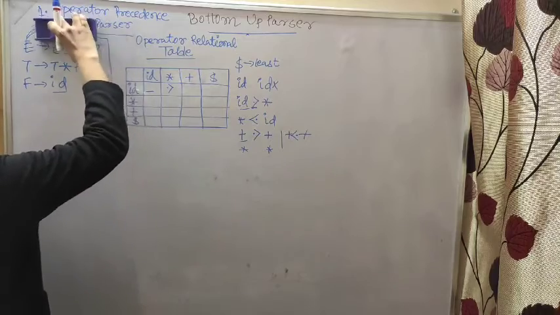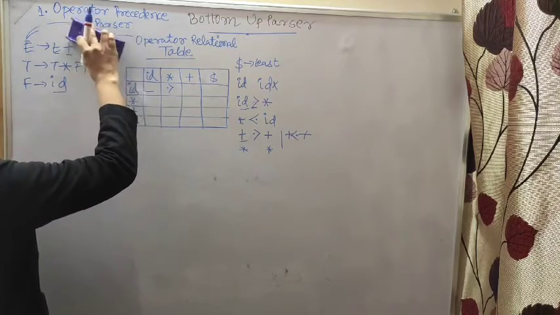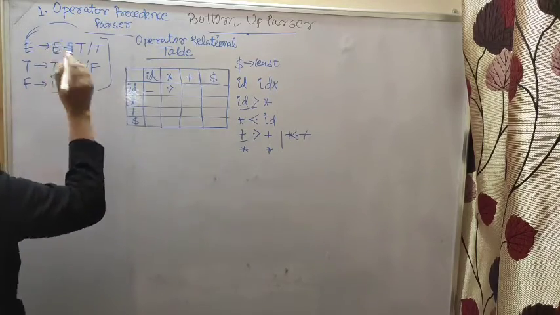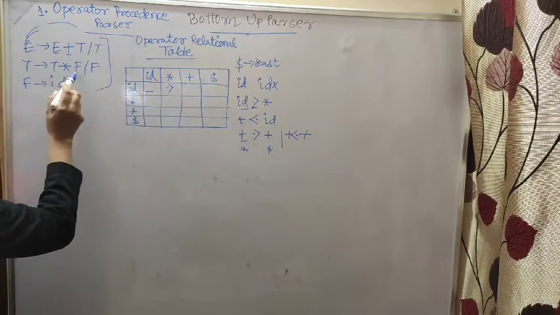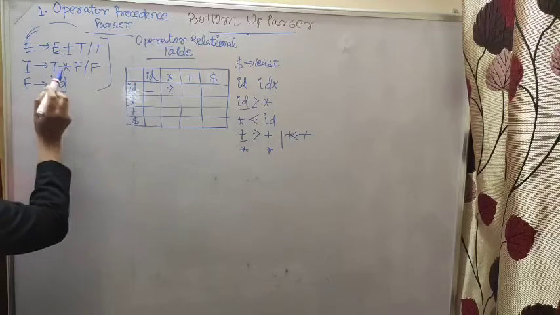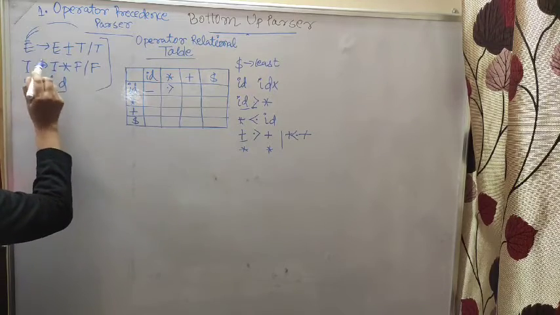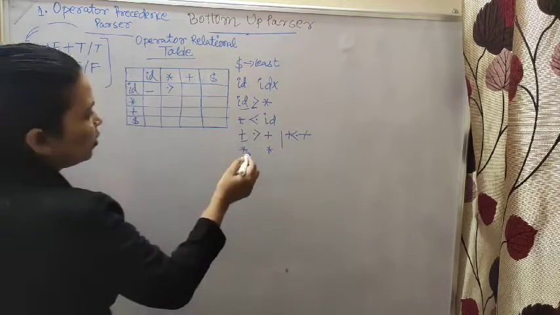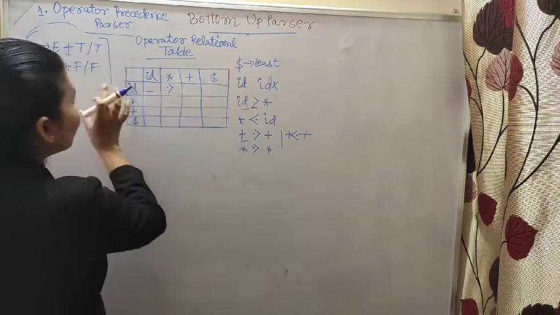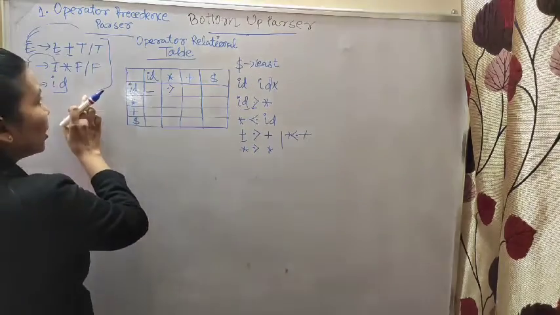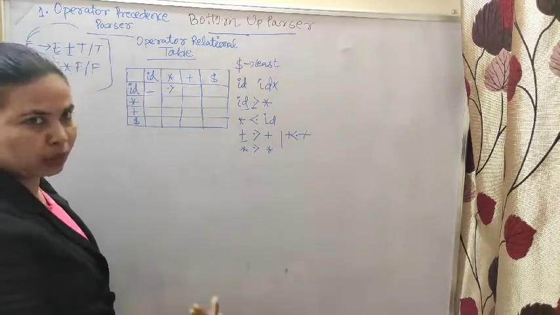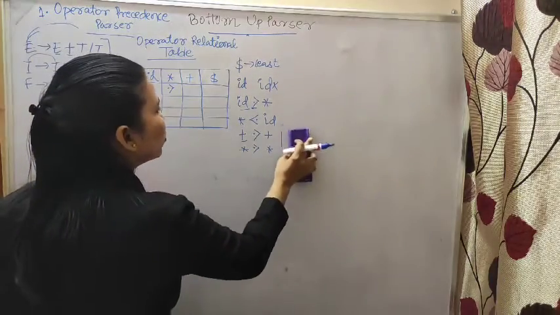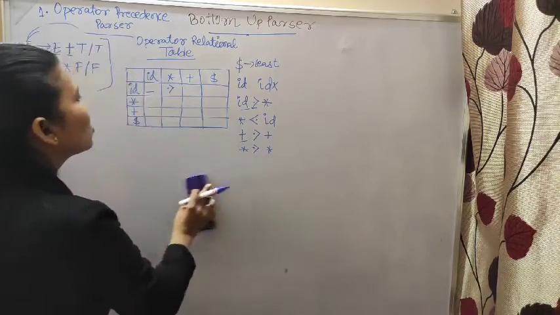Now we will check star and star. If you check star and star, then check here, T is given on the left side and on the right side the first is also T, so it is left associative. So this star is also left associative in this production rule. Remember, I am telling you many times, in this production rule star is left associative. It totally depends on the productions in the program.